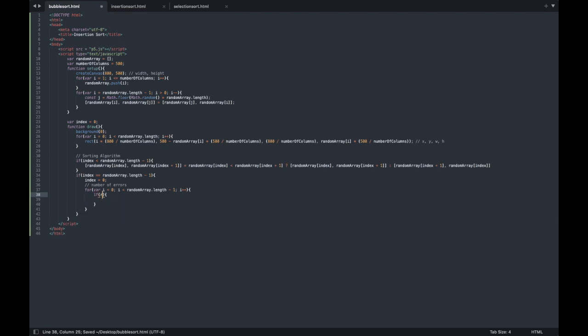Then you can say if random array of I is larger than random array of I+1, that's an error because that shouldn't be the case. We want ascending order, so random array I should be smaller than random array I+1. So if that's not the case, then errors++. And what is errors? We have to create a variable called errors, which is 0. Okay, and errors++, and then break. Okay, because if we have one error, then that means we still have to continue